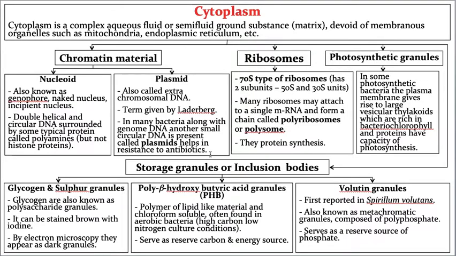This is a very important point, students. You have to remember this point, because it is an already asked question in your NEET, and it is going to be asked again and again. Now you tell me, what is the actual genetic material of the prokaryotes? Nucleoid. But still they are having plasmid. Why are they having plasmid?